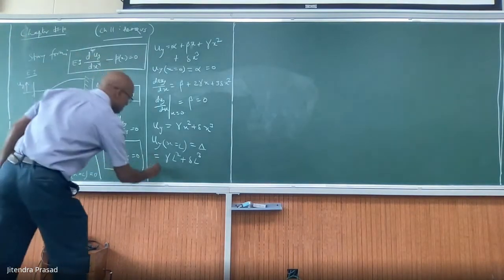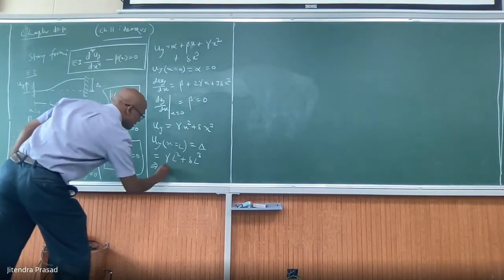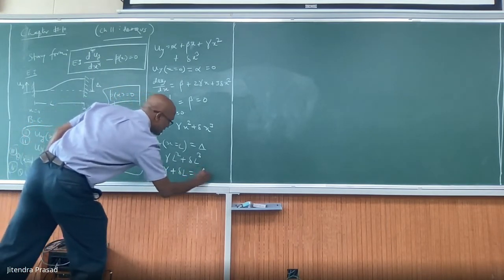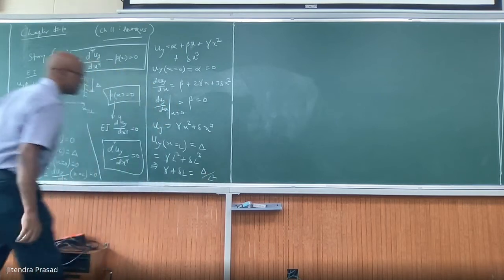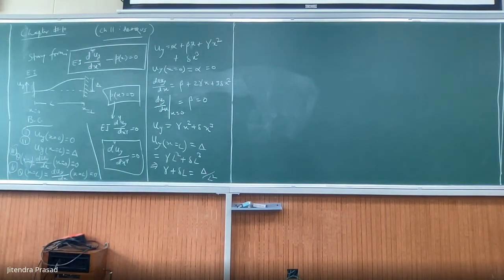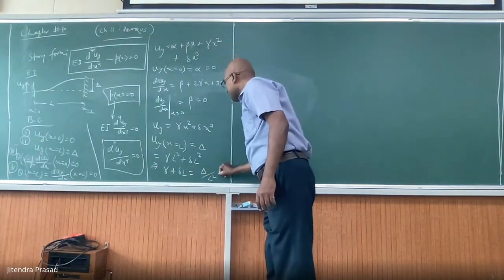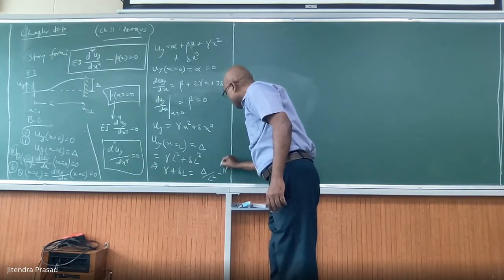And hence from here you can find out that gamma plus delta L is equal to big delta over L square. So this, let's say, is equation number 5,